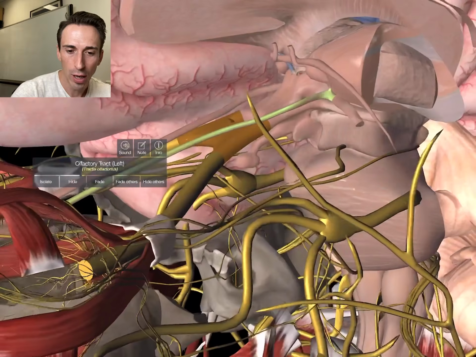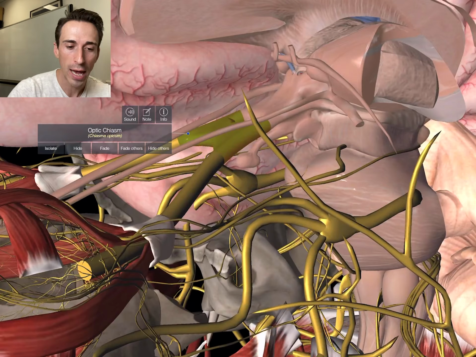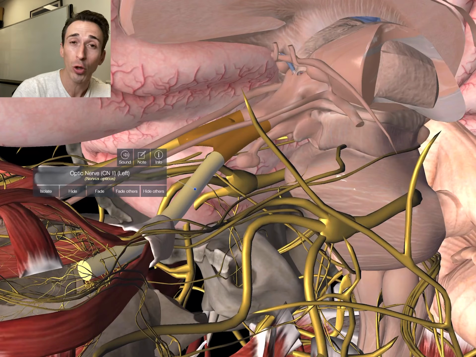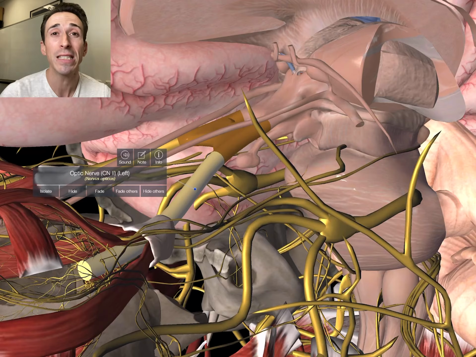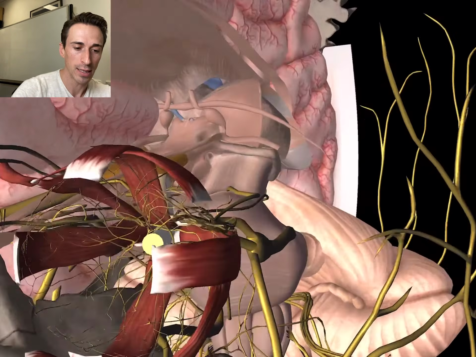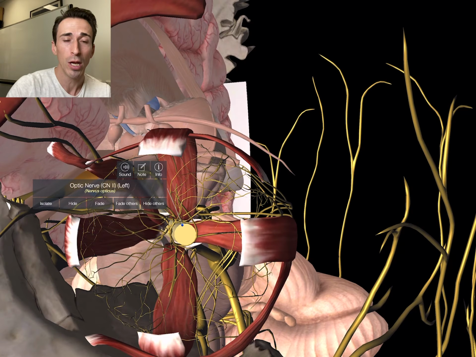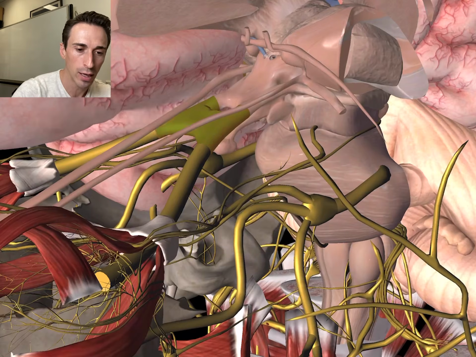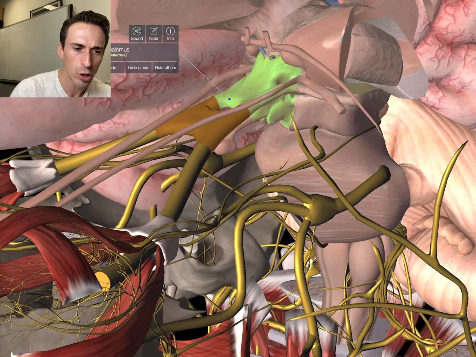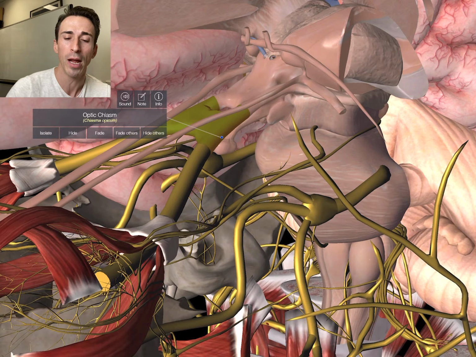Now, if we start to move down, the next one we're going to see is the optic chiasm, but the next is the optic nerve, number 2, second cranial nerve. Now, the optic nerve is another sensory nerve, gives us our sense of vision. You can see the optic nerve terminates here at the eyeball. So when light comes in, it's going to hit the optic nerve and it's going to travel back to the optic chiasm and then travel to various structures of the brain that help us understand what we have seen, particularly